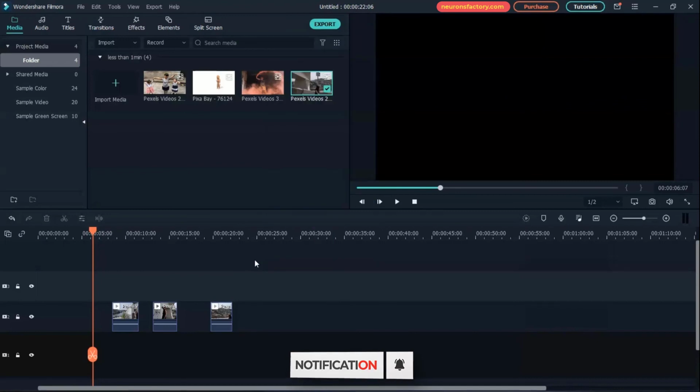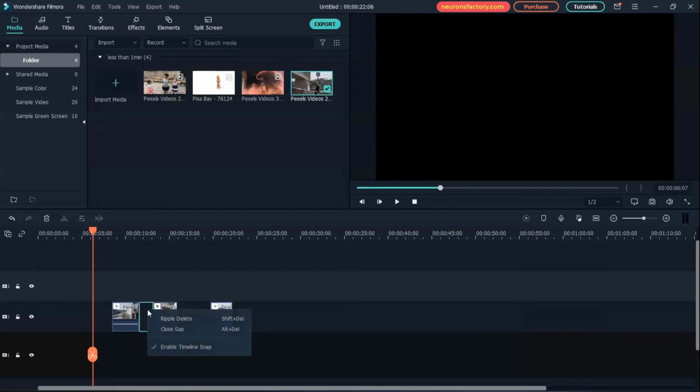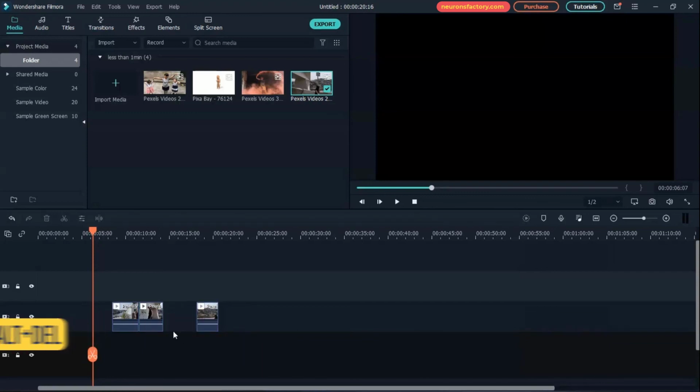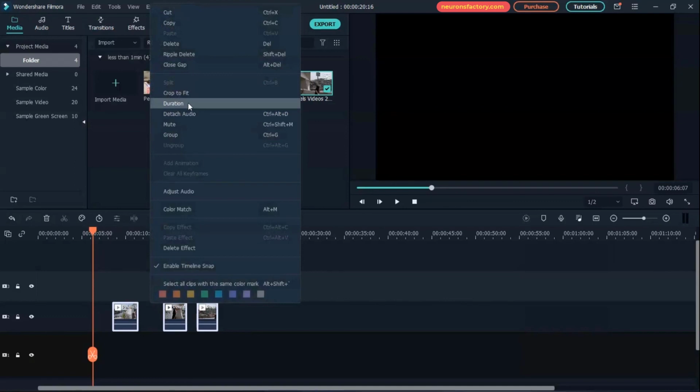When you move or edit media in the timeline, sometimes there might appear some gap between them, which can hinder you to work on the clips together. You can delete a gap by first selecting it and then choosing Close Gap option from the right-click menu. You can also press keyboard shortcut Alt-L. If you want to delete all gaps, select all media and then choose Close Gap from the right-click menu.